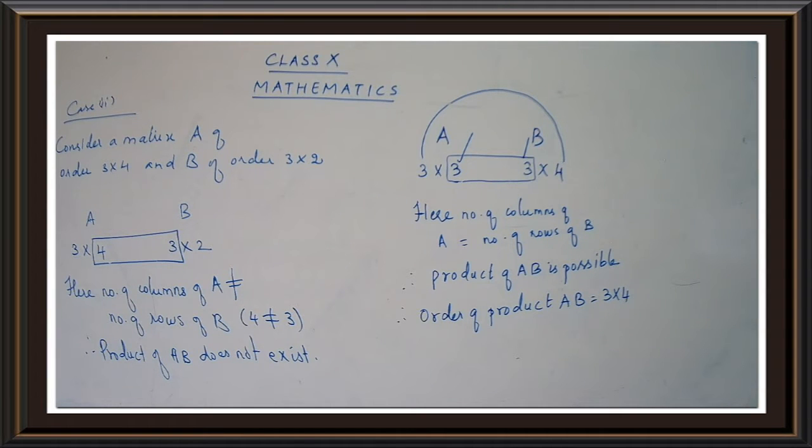Are you clear with the cases, children? Are you clear with the 2 cases? Okay. Have you taken down the first question? Find the order of the product matrix AB if. I have told you, don't draw the table, just take the question, that's all. Okay, so now you are going to write down number 1.